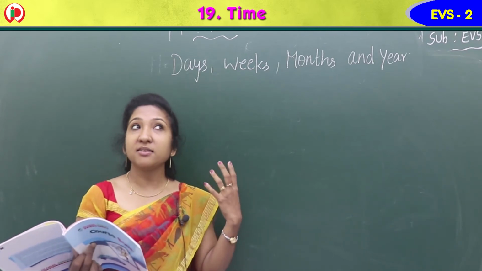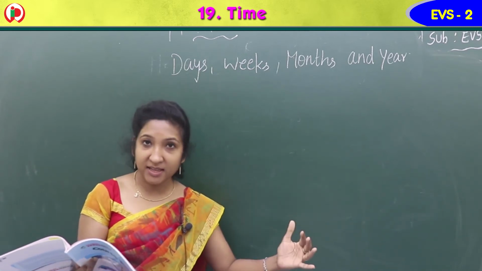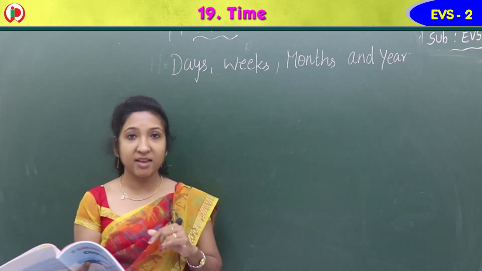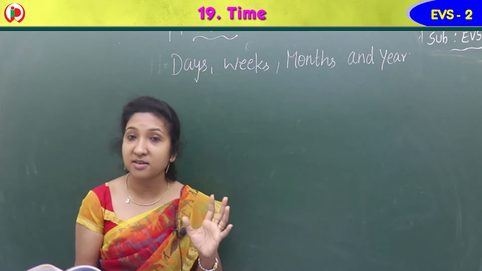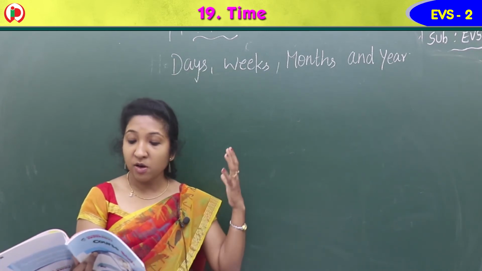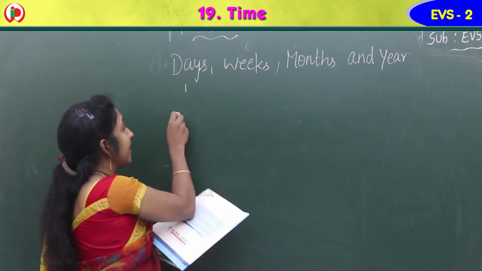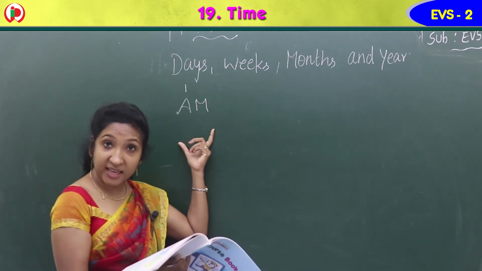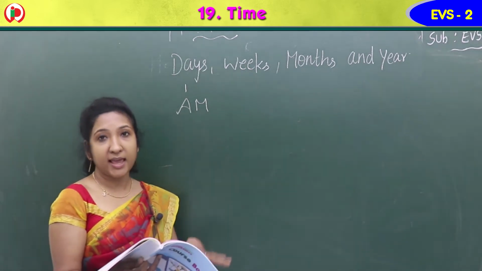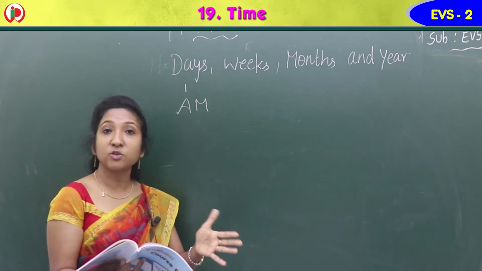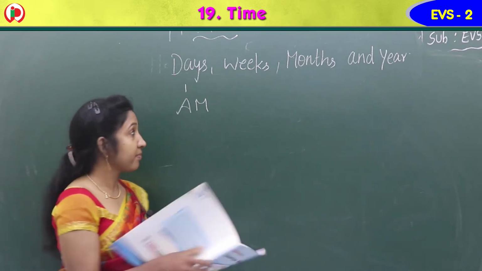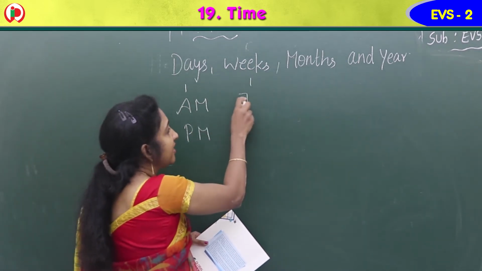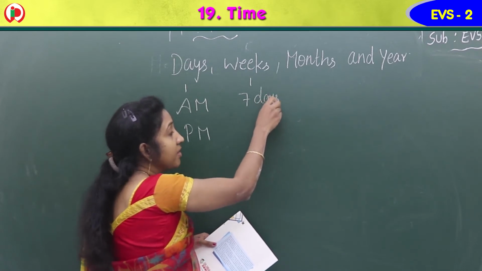So just like time in school is divided into different periods, a day has been divided into hours. So 24 hours is 1 day, we learned. 1 day has 24 hours, isn't it? Yes. AM is the time that shows the morning, from 12 at night to 12 noon. Then from 12 noon, afternoon, to 12 midnight is PM. AM and PM. Okay, now weeks means there are 7 days in a week, starting from Sunday.